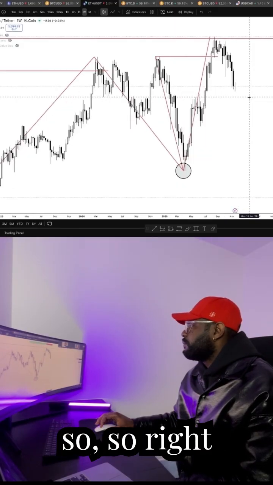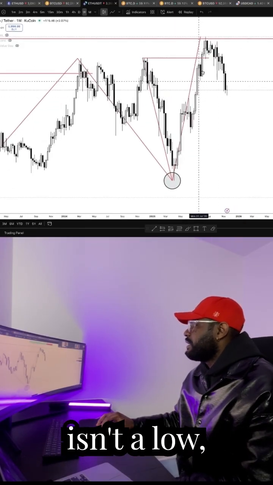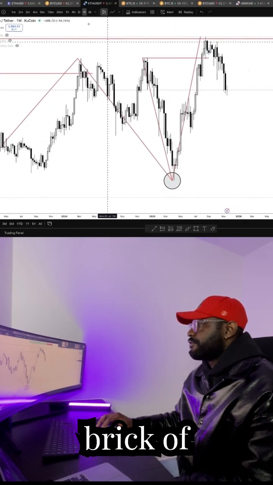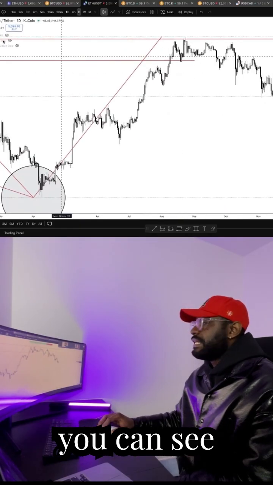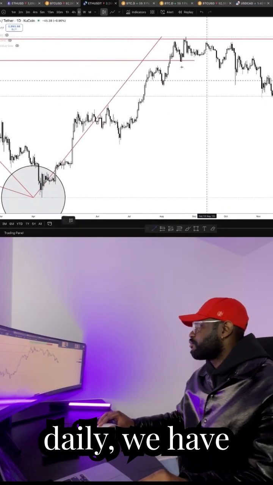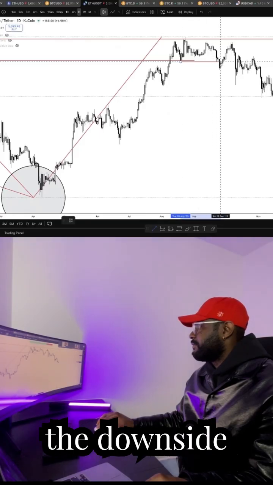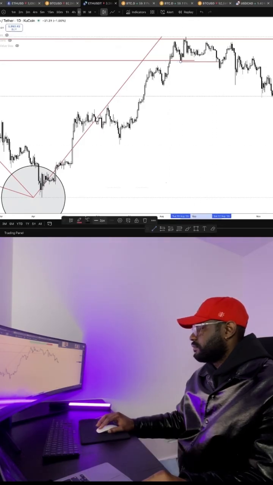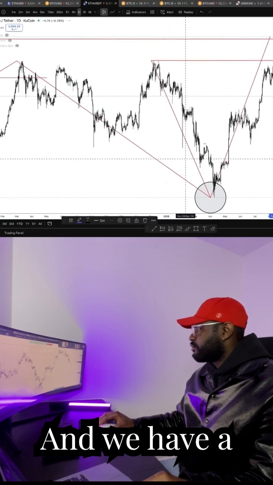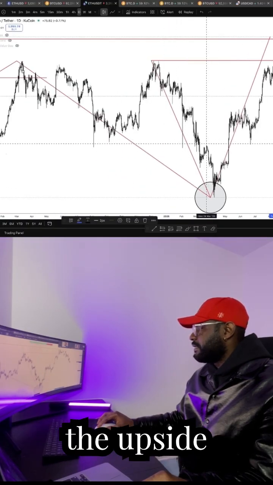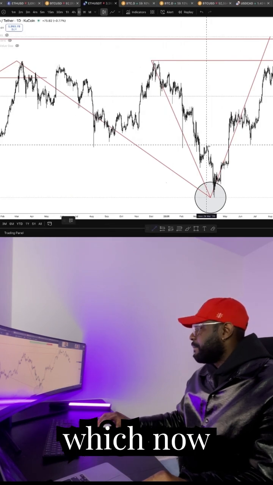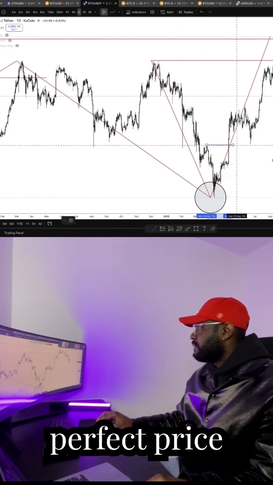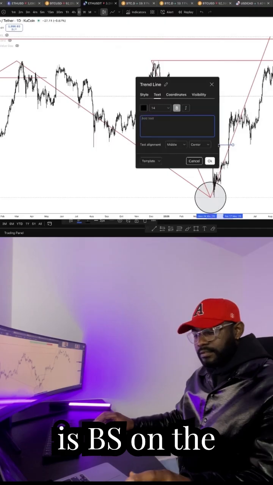So right here on the weekly, this isn't a low, so it's not a break of structure. On the daily, you can see that we have a break of structure to the downside right here, and we have a break of structure to the upside right here, which now makes it a perfect price action. This is BOS on the daily,